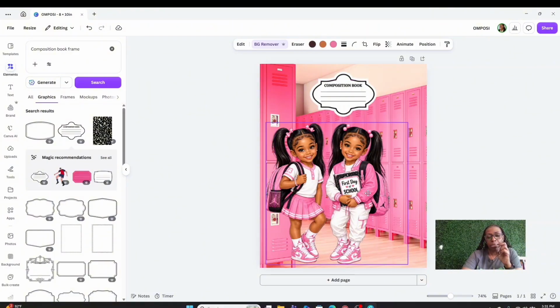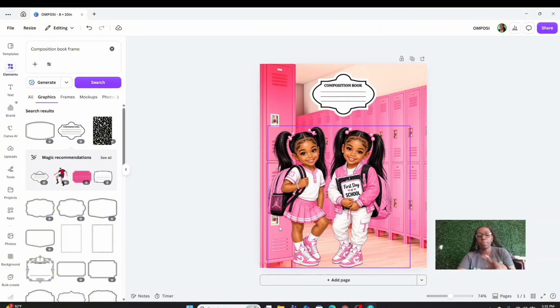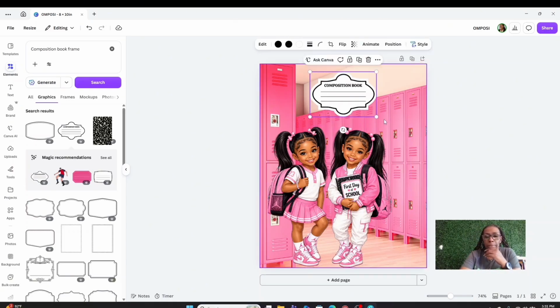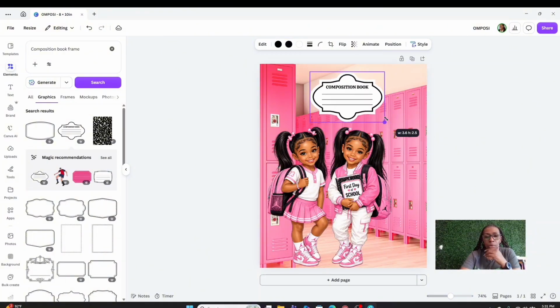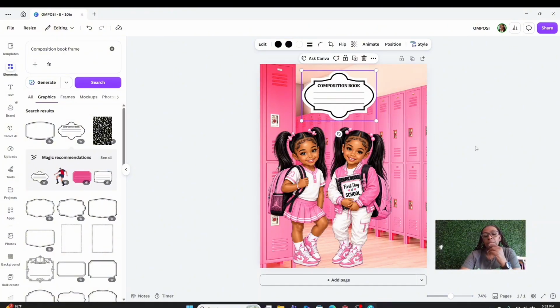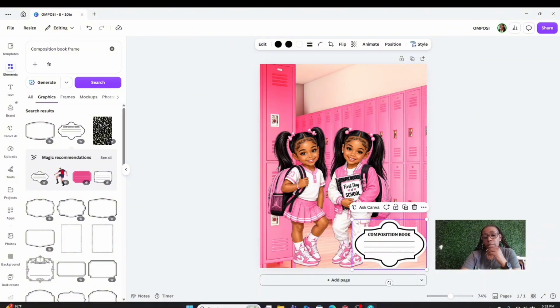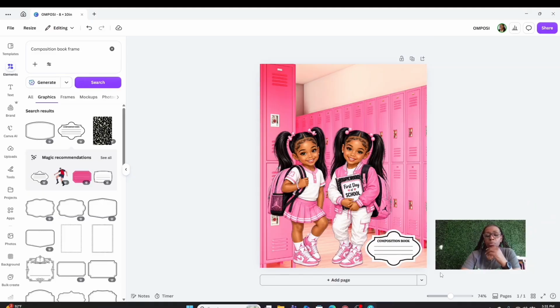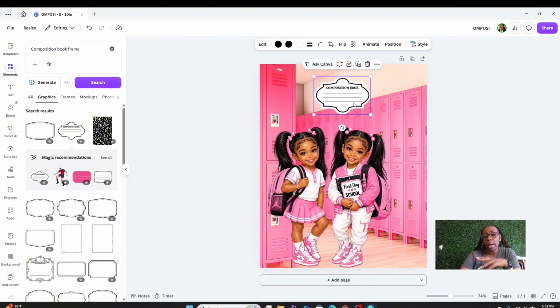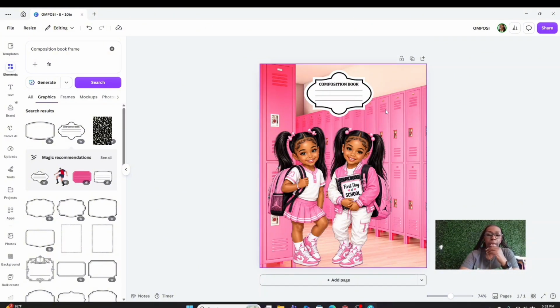I actually like it this way because she looks like she's standing real up against the locker. So I like that. So we got the composition. I want it really big. Put that right there in the center. Now you don't have to just keep that in the center. You can move the composition label down, or make it smaller and move it down here. The composition label doesn't always have to be right here in the middle. But for me, I am going to put it here in the middle, centered, and